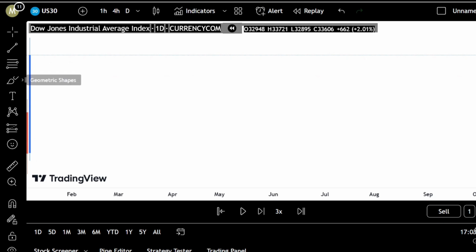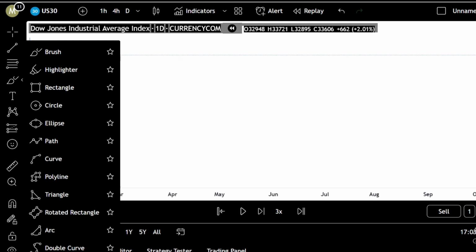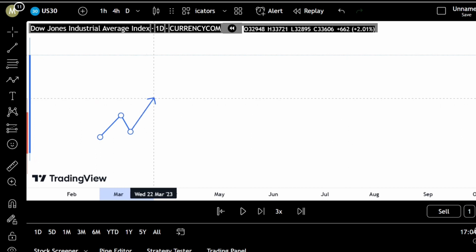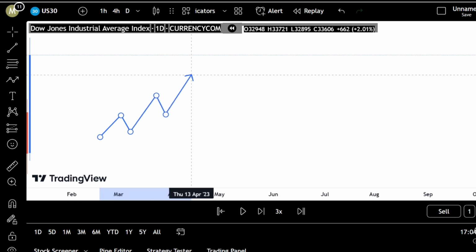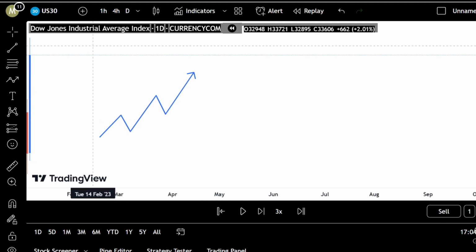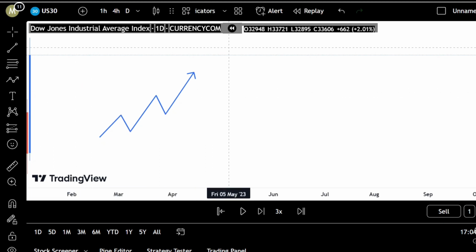When you're trying to find trades in the market, you should always analyze the market structure. Market structure has four components. We have the uptrend market, which moves in this way, as you can see. That is the uptrend market. Then we have the consolidation. We have the downtrend market, which moves in this way, as you can see,